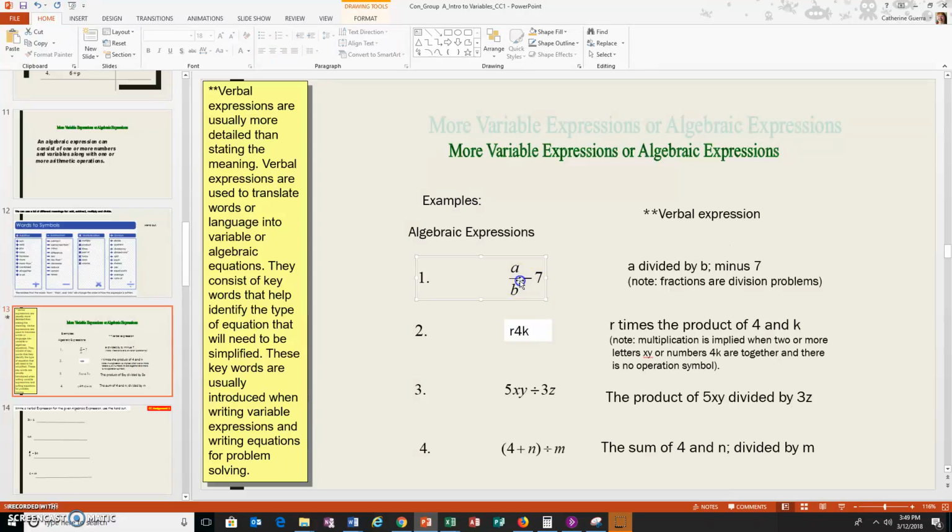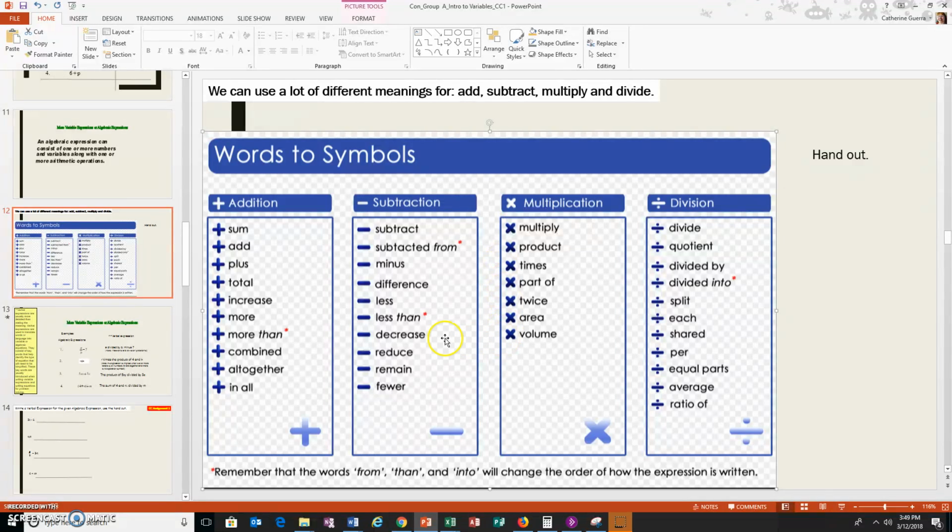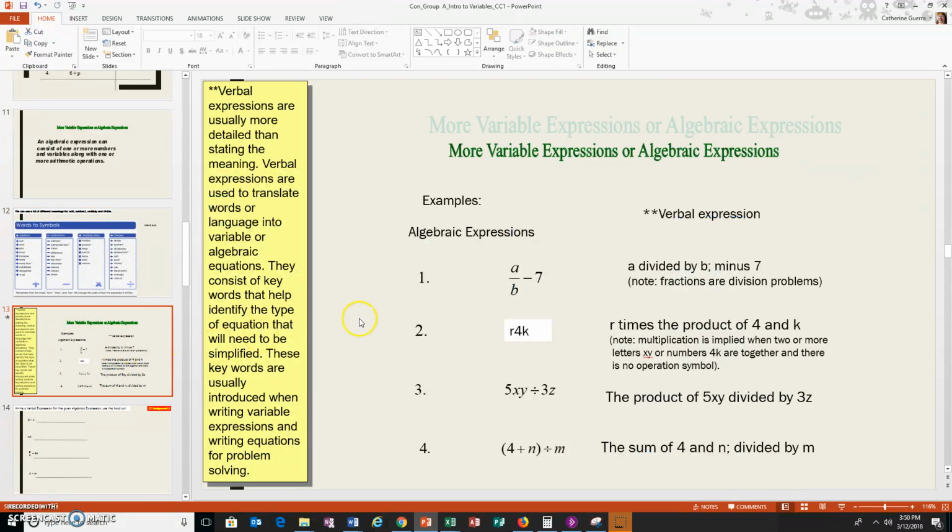So you're going to give the meaning of this. If you see A divided by B, but we also are subtracting 7, we give our verbal expression: A divided by B minus 7. Does that mean that's the only way of saying it? No. As long as you put together the keywords or symbol words that mean that one particular operator within your algebraic expression, you'll get it right. Some things are just a different way of writing, and here's one of them.